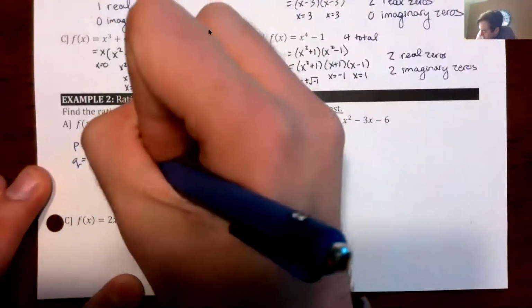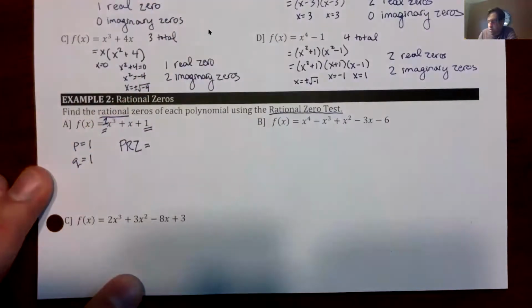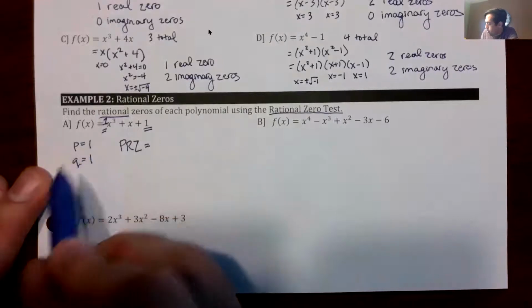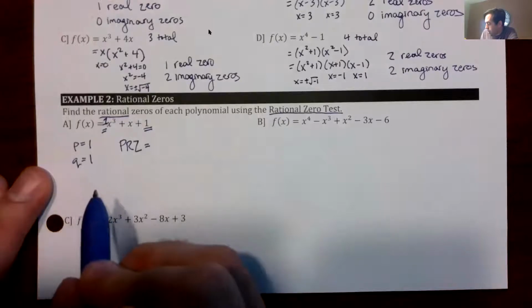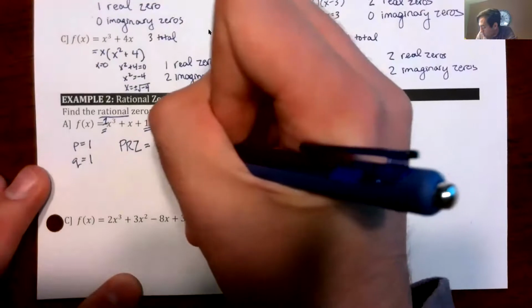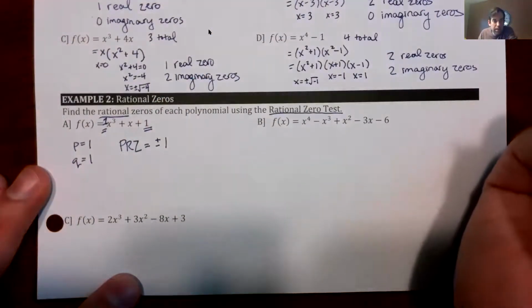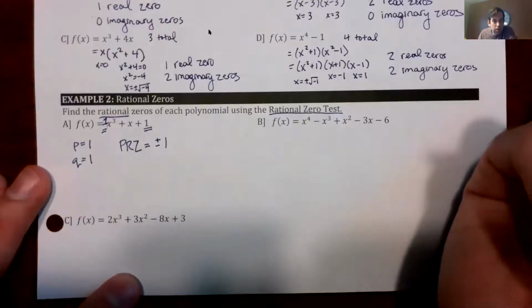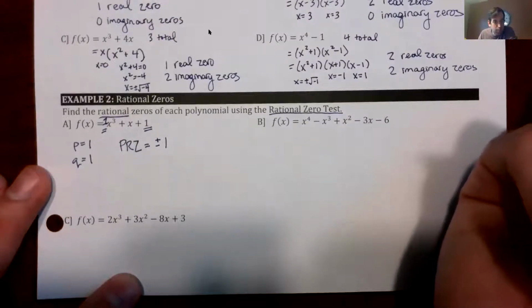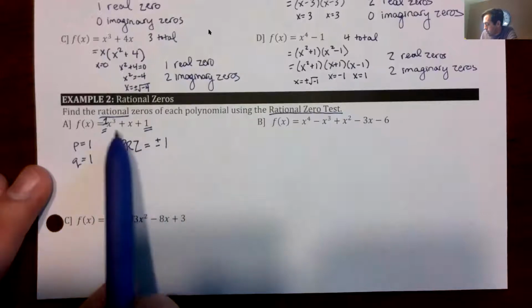So possible rational zeros, I usually write it as PRZ. The possible or potential rational zeros are any p over any q, and then it can be plus or minus. So this is really only plus or minus 1 over 1. That's the only option. So if there are rational zeros, it's 1 or negative 1. That's it, okay? And to check this, what we can do is plug each one of these in and see